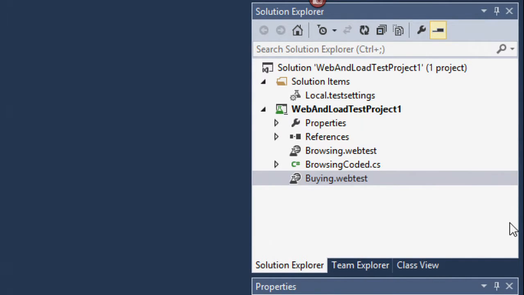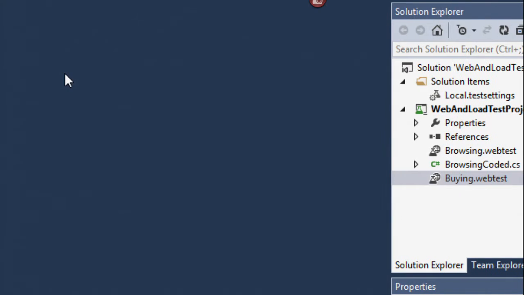Once it's code, I can't go back to the nice friendly screen. So if I've got coding skills, I'd probably prefer it to be in code, but for the ease of things like data binding and so forth, having that non-coded version is probably better for a non-coder. Okay, did that answer the question? Sure. Okay. Another one, sure.